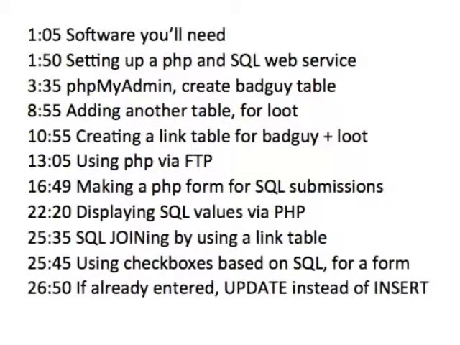The things we'll be covering specifically are beginning with setting up your PHP website space online and a PHP-MyAdmin MySQL setup. That's unfortunately going to be kind of open-ended because I don't want to railroad you into my particular service of choice. The second part will be showing how to use PHP-MyAdmin to manually fill in values on a database and manipulate and browse those entries. The third part will be using a form in PHP to input values into the database. And then the final part will be looking at how to use a PHP file to organize and list and